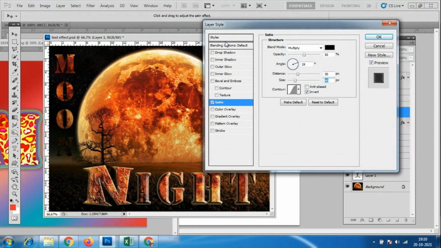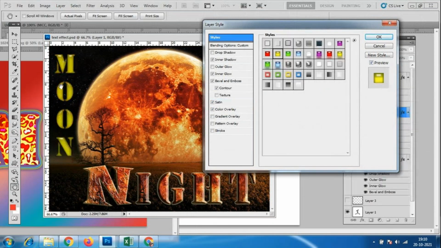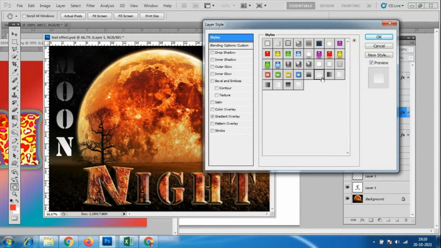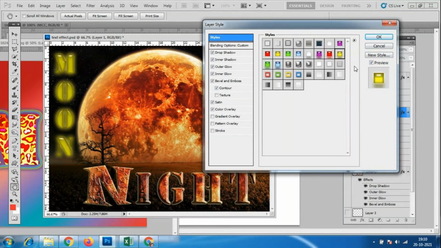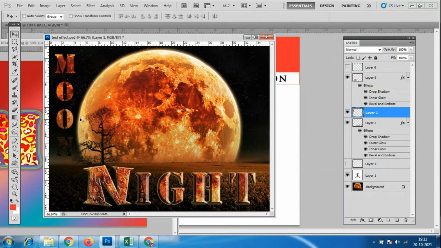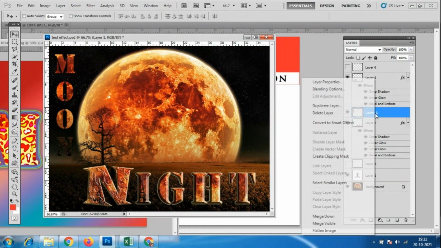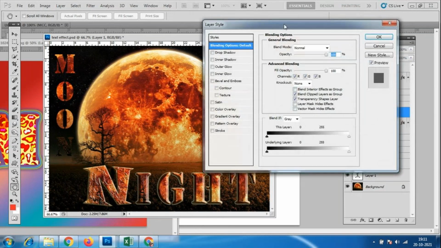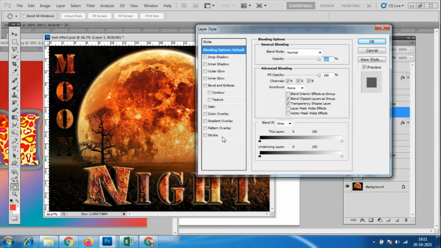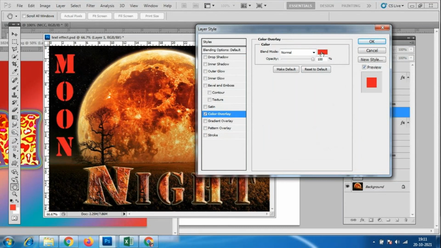In the style, whatever option I choose, my texture has to stay correct, whatever texture I have used, masking with the masking, all these things will go. That's why I'm not using any default things here. I want to create everything because I want the texture correct. So right click on this, blending options again. You can use blending options, or otherwise the color overlay. Color overlay gives only a single color, so my texture will go with this, so I don't want this color overlay.